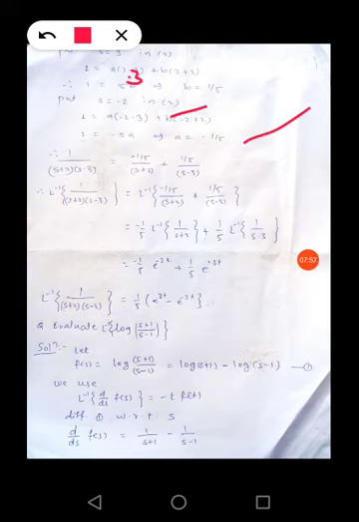Now from equation 2 we have 1 upon s plus 2 into s minus 3 is equal to minus 1 by 5 divided by s plus 2 plus 1 by 5 into s minus 3. So this is because we have replaced the values of a and b. Okay, we get b here, we get a here, so put the values of a and b in equation 2 and rewrite this equation.